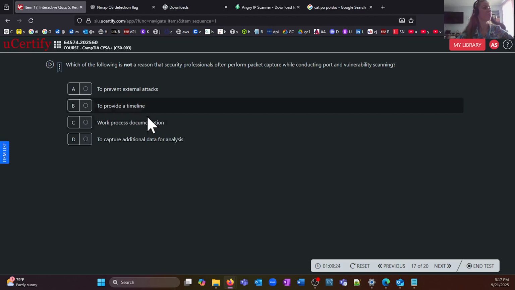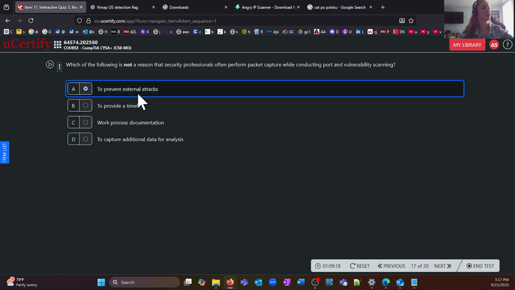To provide a timeline, work process documentation, to capture additional data, to prevent external attacks. It doesn't prevent anything. It's just to gather certain information, so it doesn't protect